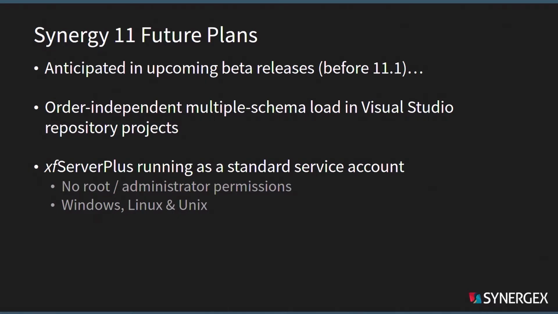Synergy 11 future plans anticipated in an upcoming release. So these are some things before 11.1. We are still working on putting a Visual Studio mechanism together for doing order-independent schema loads in repository projects. Right now, Visual Studio does have a repository project, and you can use it to build from and to a schema. But a lot of our customers use individual schema files for every structure, every file, every whatever, and we don't currently have a good way of resolving those things and loading them all together into a repository,